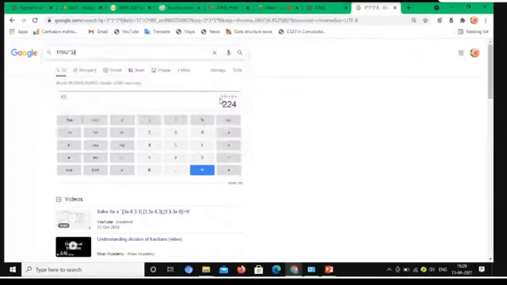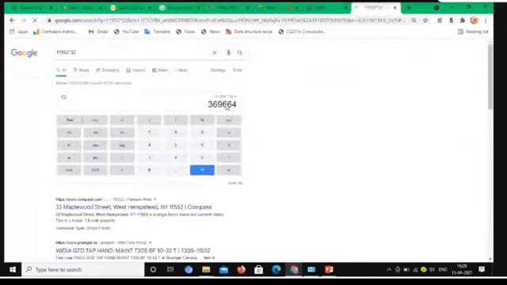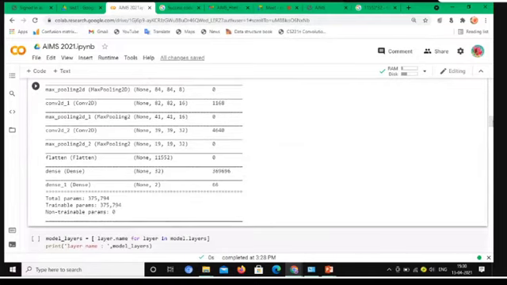Into 32, right? So if we get the 369664, plus here we have to give the two classes, so 96. Finally we get the total number of trainable parameters.